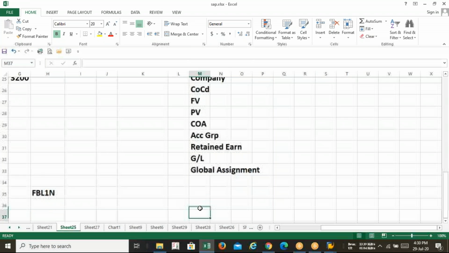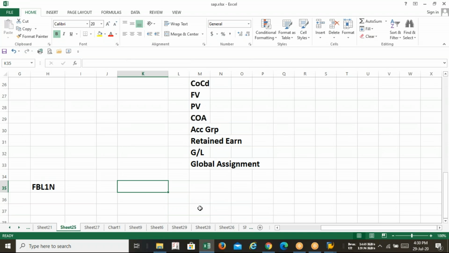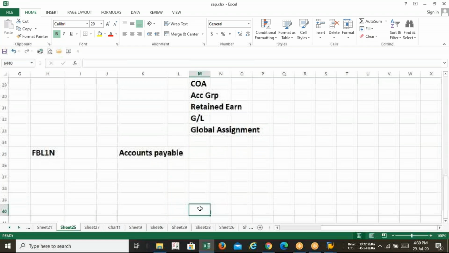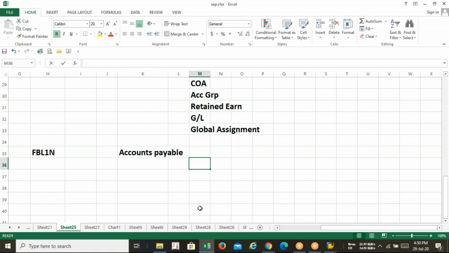After that, we have started with accounts payable submodule. In accounts payable, we started with the vendor creation. In vendor creation, first accounts group, number.